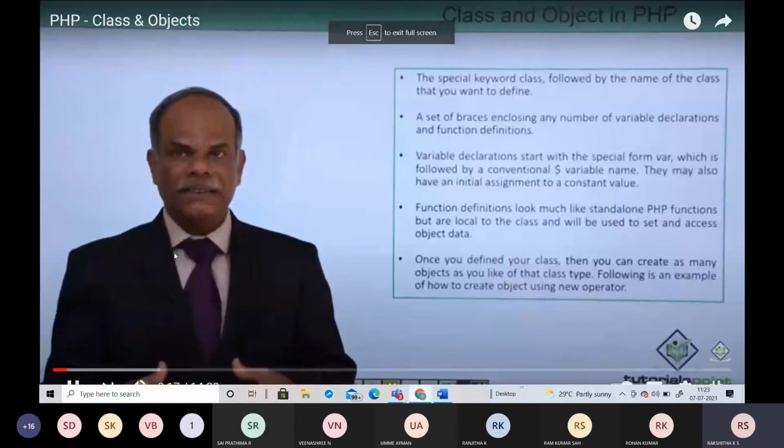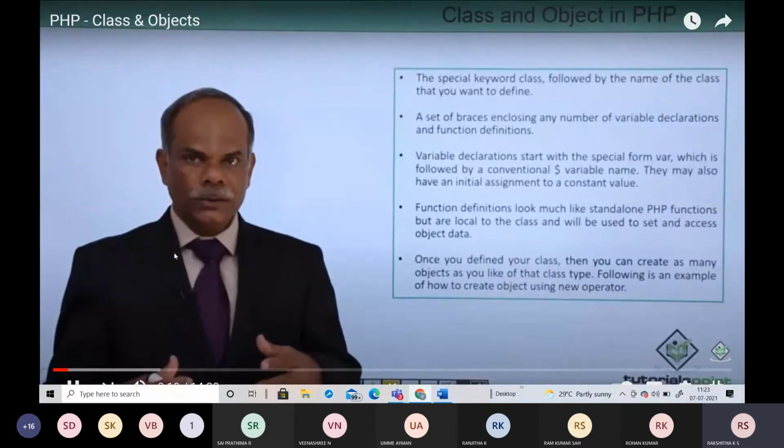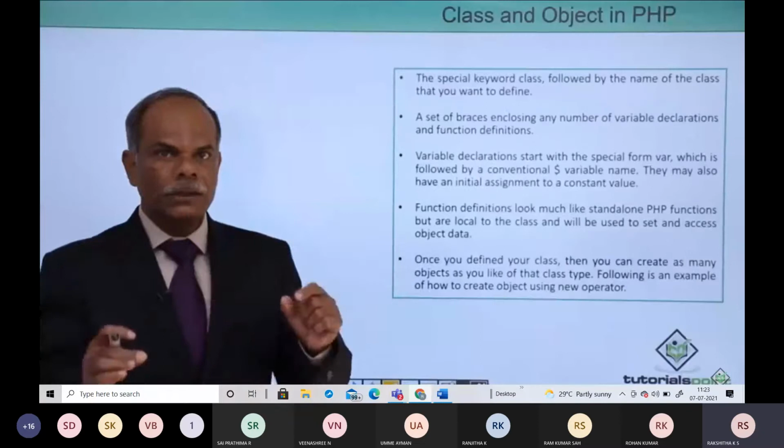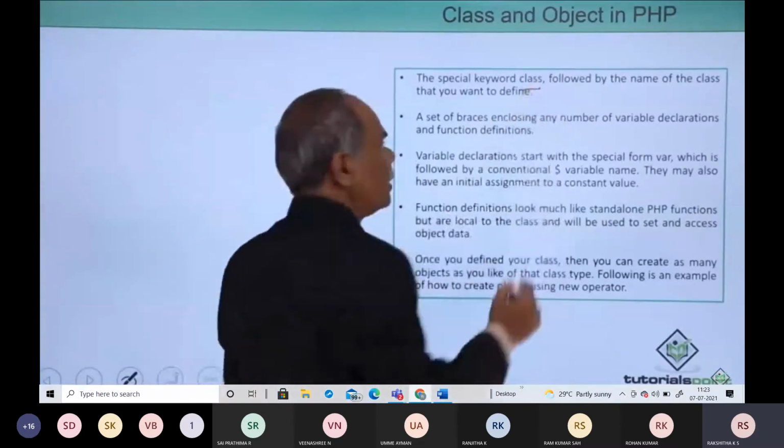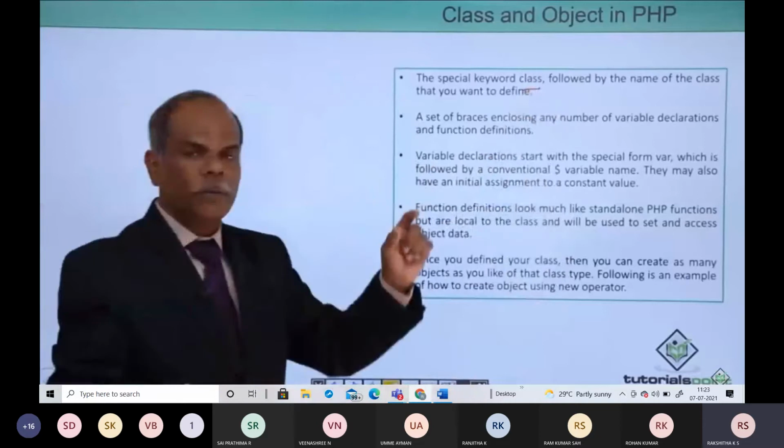In order to create a class, there is a special keyword in the PHP language called class itself. So the class keyword has to be used, and it should be followed by the